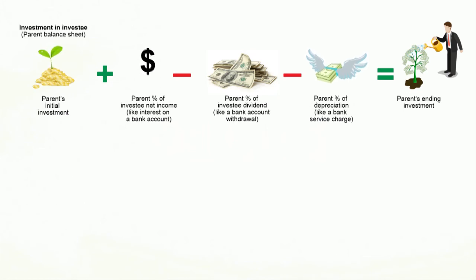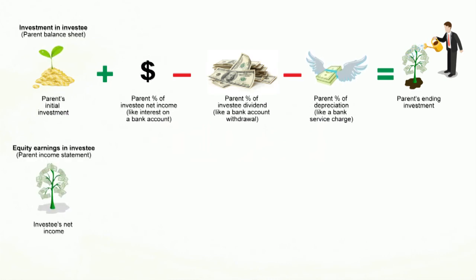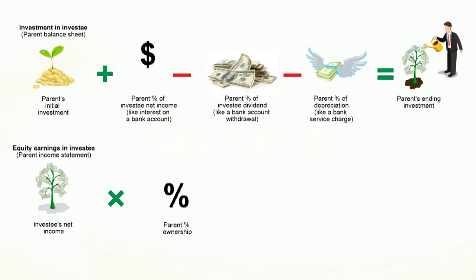Well, what about your income? How do you calculate the income? So this second portion is going to deal with the income statement. We start with the investee's net income. We claim our share. And by the way, notice, we're debiting the investment that was up above, and we credit income from investee. So there's your journal entry.